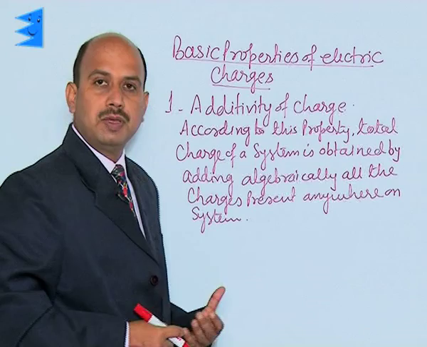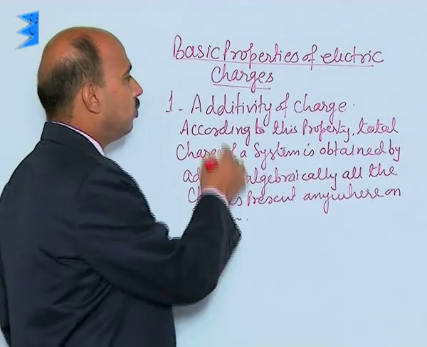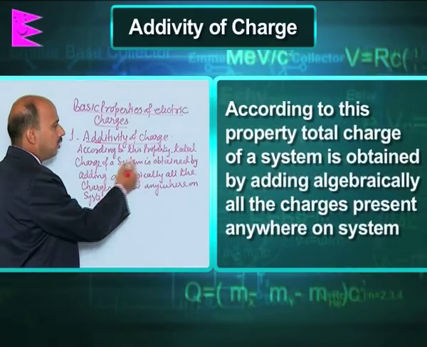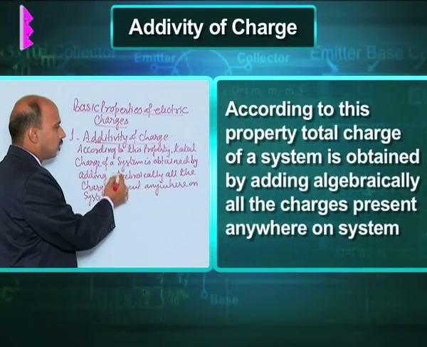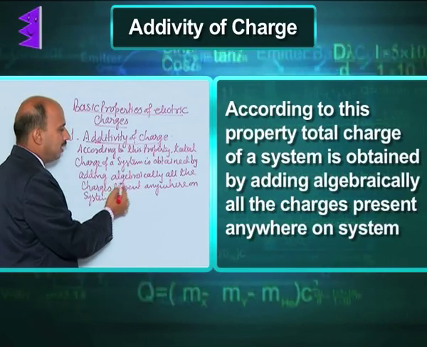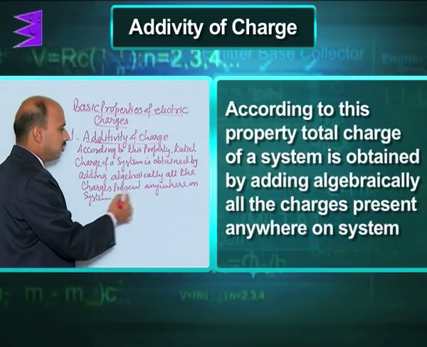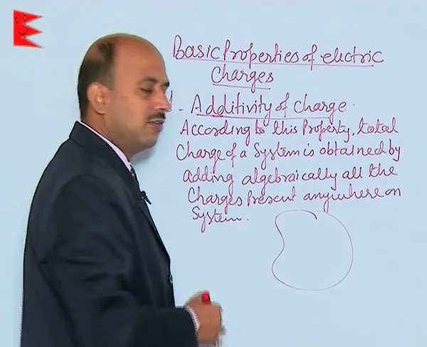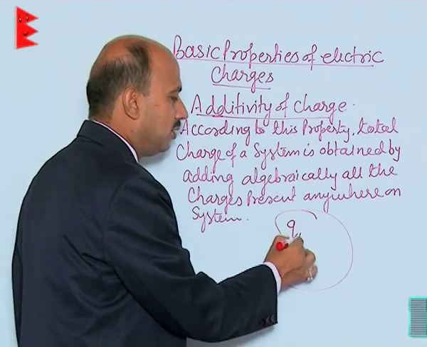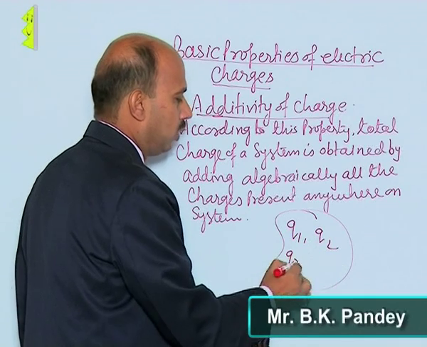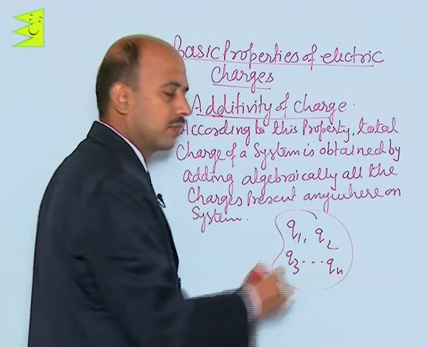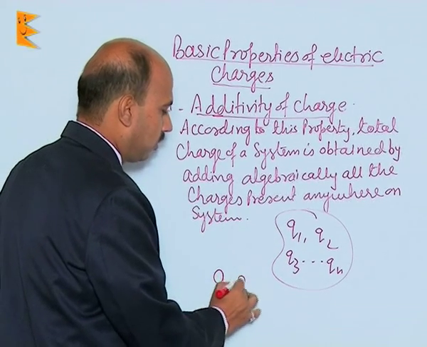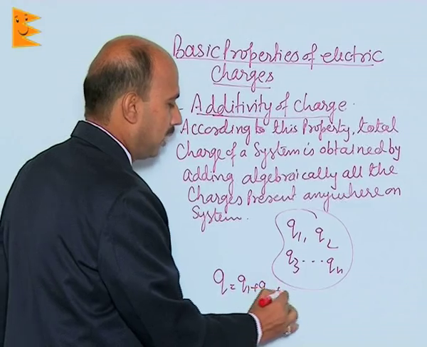Now see the first basic property of the charges. First one is additivity of charge. According to this property, total charge of a system is obtained by adding algebraically all the charges present anywhere on the system. Suppose you have taken any system like this, where the charges q1, q2, q3 and qn are present. So, the total charge of this body can be written as q is equal to q1 plus q2 plus